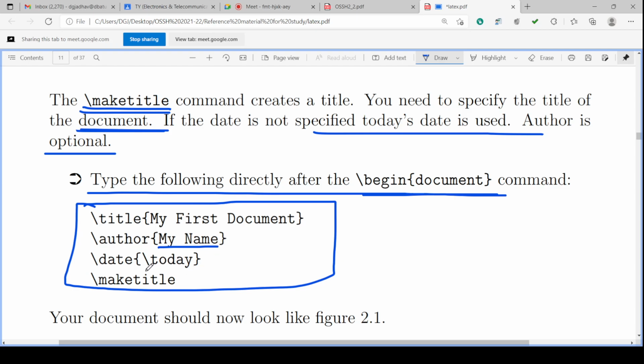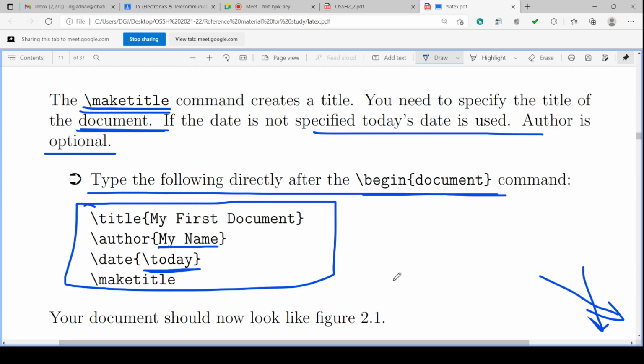And then \date, you can write the date, or you can directly give the command \today. If \today is given, whatever today's date is will be used; on the system here in this corner the date is 16/12/2021, so that date will be taken. And then \maketitle will complete the making of the title. So these are the commands.